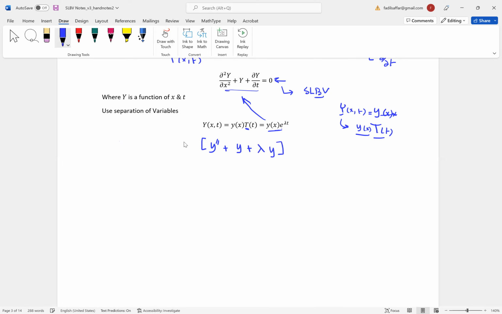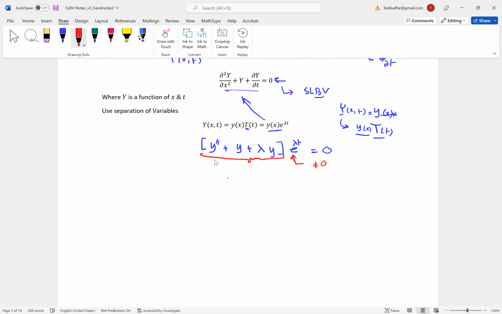And as you can see here, I'm just taking the e to the lambda t as a common factor so that it doesn't show up here, and that's equal to 0. Looking at this equation here, we can tell that this part can never be 0. So we take the other part, which is this one here,